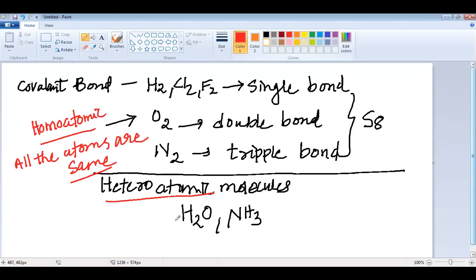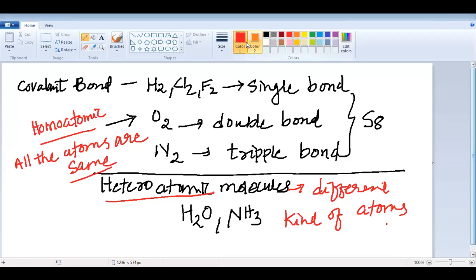And these are heteroatomic because they have different kinds of atoms. So this is what we have studied in our previous classes, my dear students, about how the covalent bonds can be formed. Now we are going to study in detail about